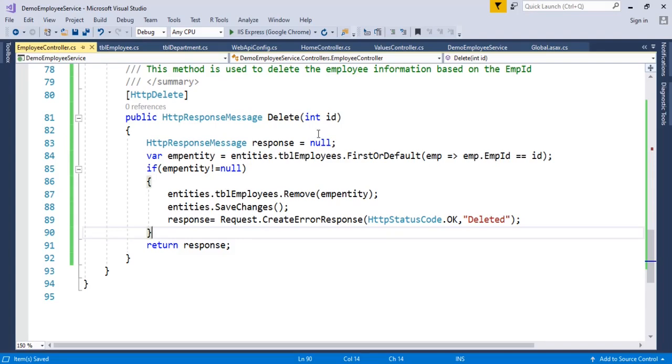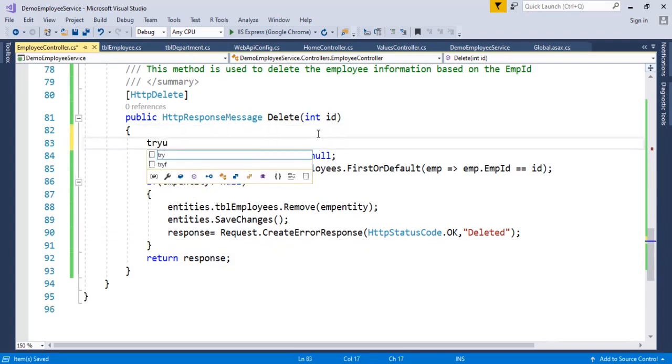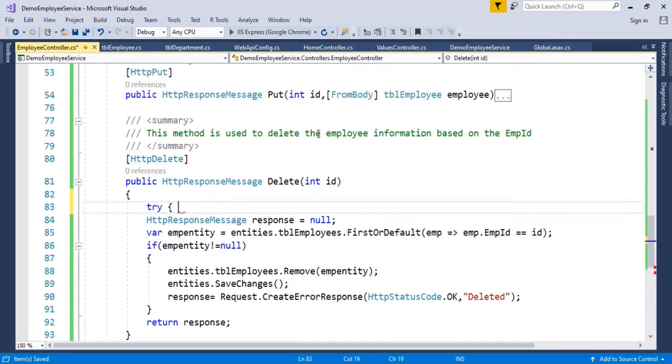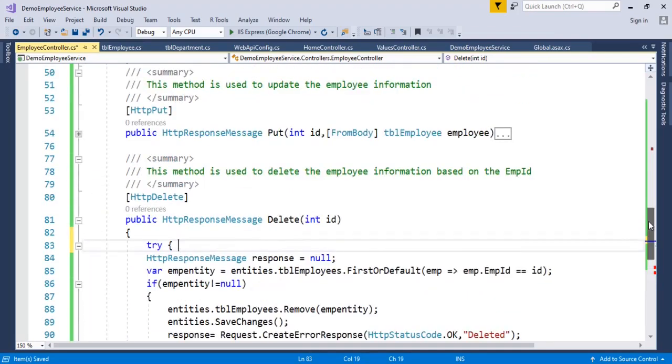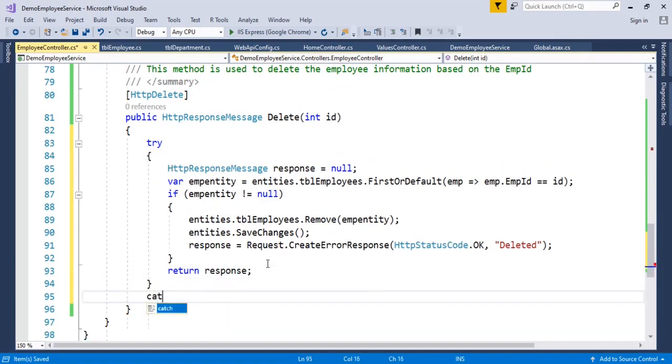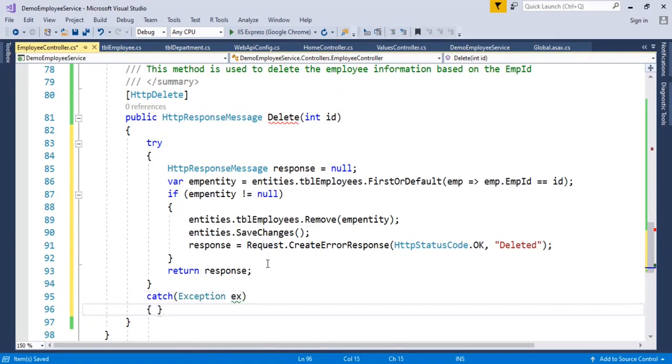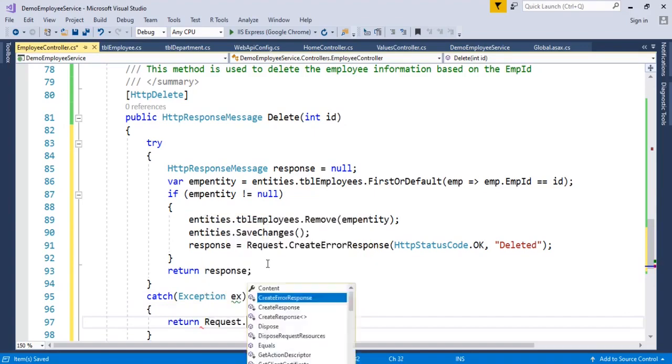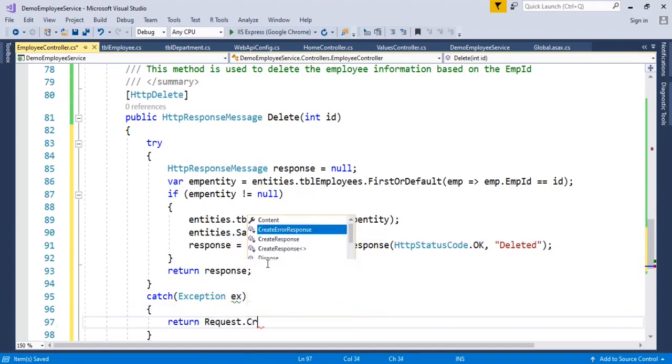So we can even write the try catch also. Try catch is for handling the exception. Try, you can put it here, try and catch. We are going to catch the exception here. So return request dot create error response.